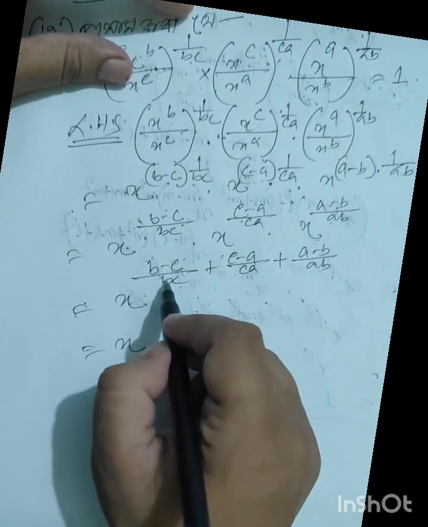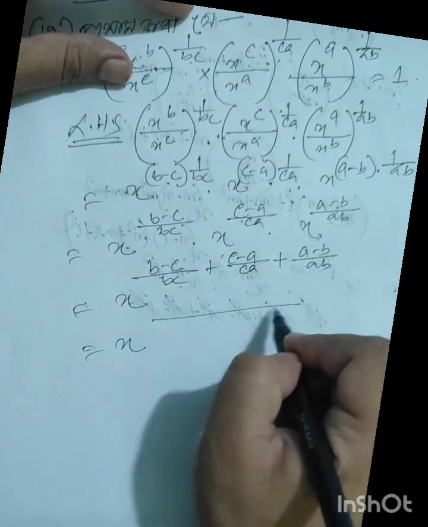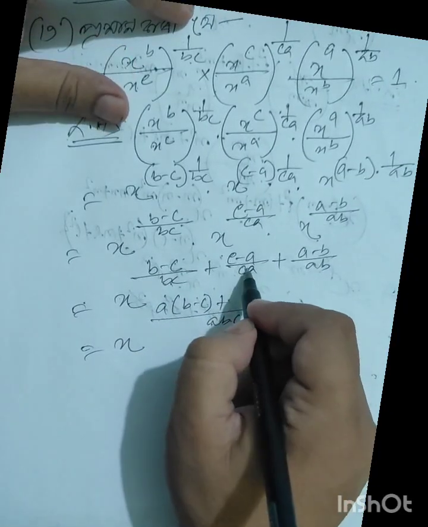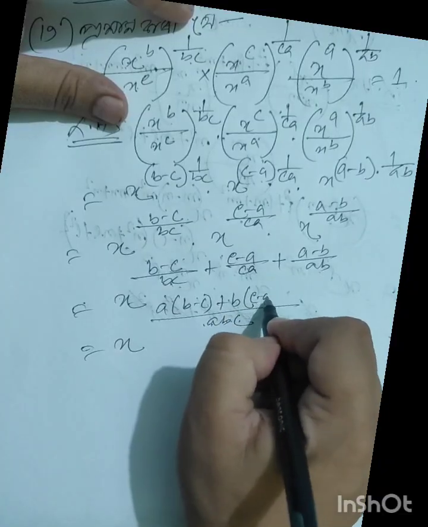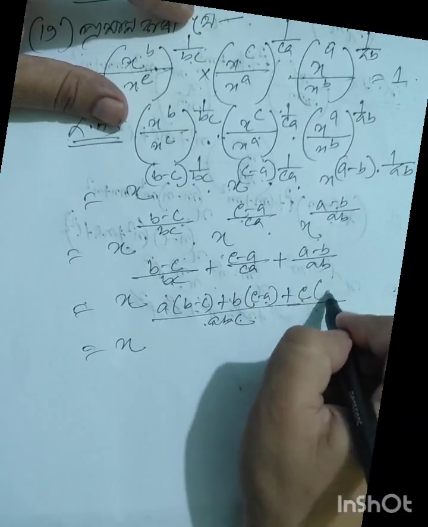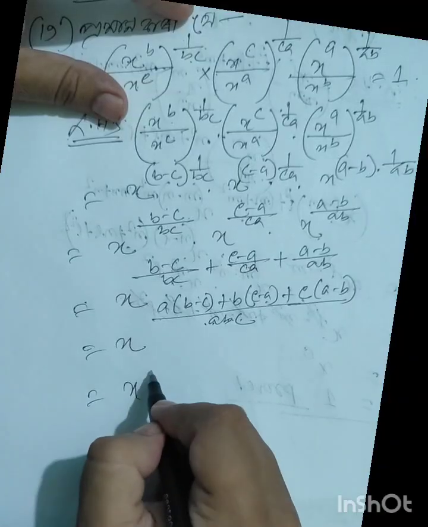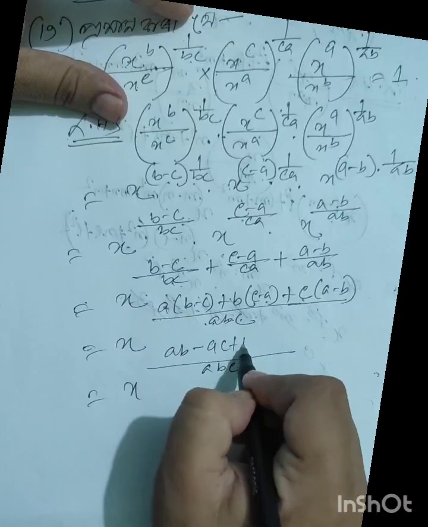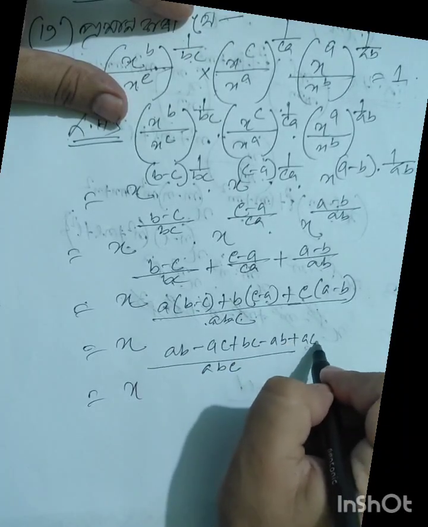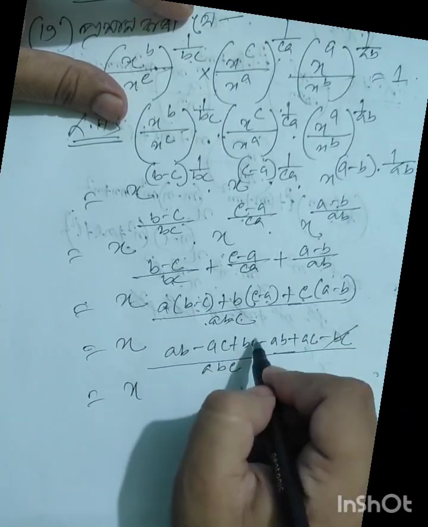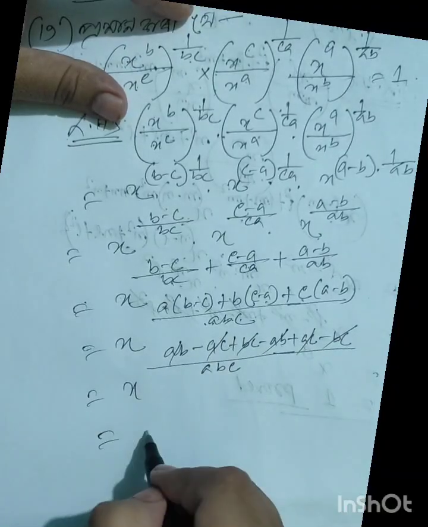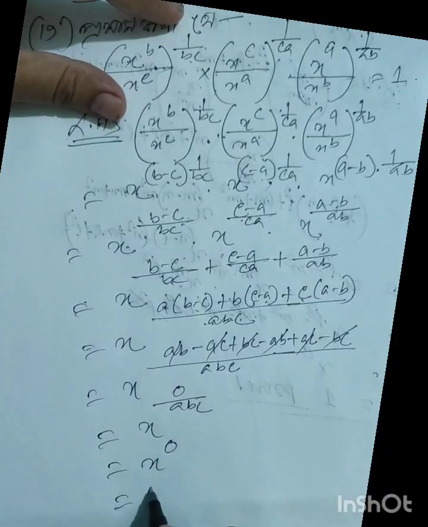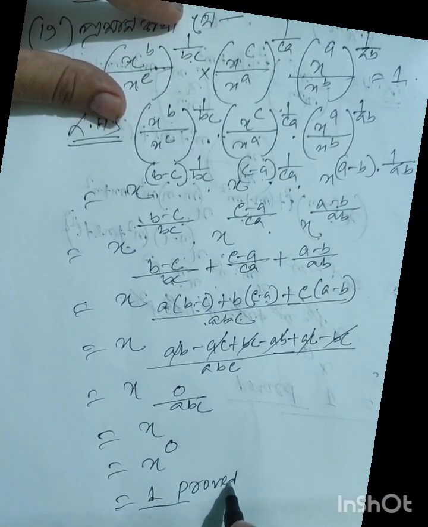এতিয়া bc, ca আৰু ab ৰ এলচিয়াম হ'ব abc, bc ৰে ডিভাইড হ'ব a পূৰণ b minus c, ঠিক তেনেকৈ c minus a ৰ বাবে b পূৰণ c minus a, ab কেঞ্চেল যাব, c ৰে a minus b পূৰণ। এতিয়া x to the power abc ৰে a পূৰণ b কৰিলে ab plus ac minus bc, bc bc, ab ab, ac ac কেঞ্চেল যাব, x to the power 0 by abc মানে x to the power 0, x to the power 0 মানে 1. এইটোৱে ইয়াৰ প্ৰুফড।